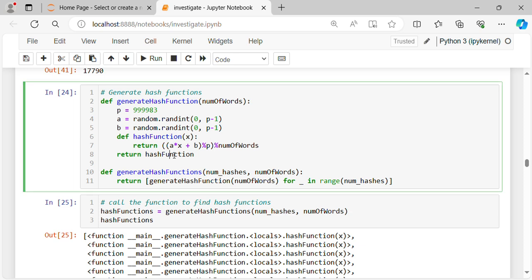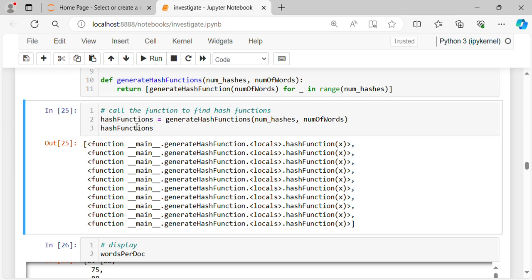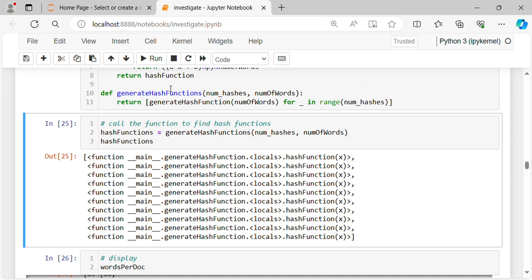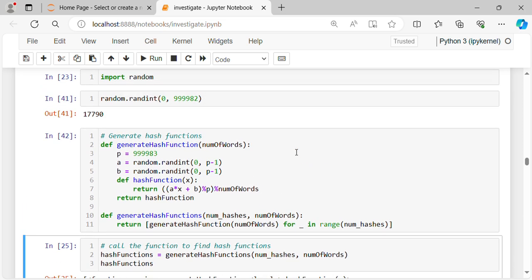Now when we run this and call this function to generate the hash functions 10 times, you see why it is 10 times. So definition generate hash function, bracket, number of hashes, which is 10, comma, number of words, which is